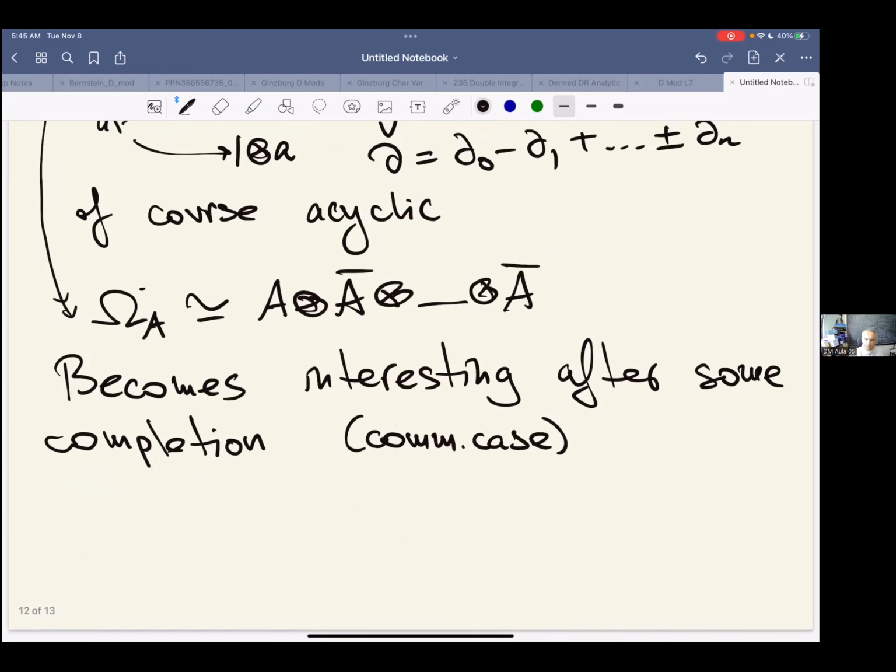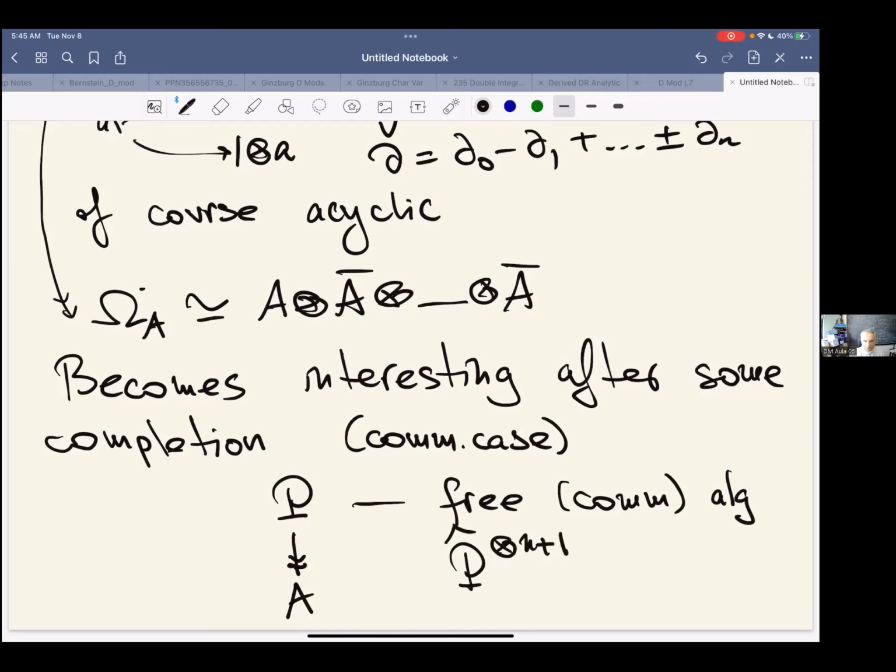So for example, first of all, maybe you pass to a free commutative algebra, and then you take this and you complete with respect to the ideal, which is the kernel, this kind of diagonal plus kernel, and you get crystalline cohomology and something like that. And Willy Cortiñas, he